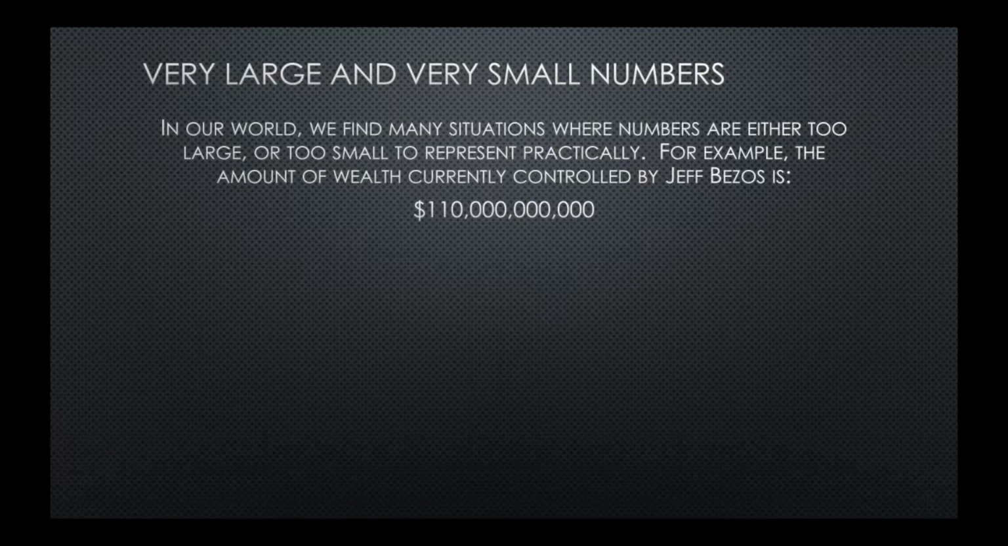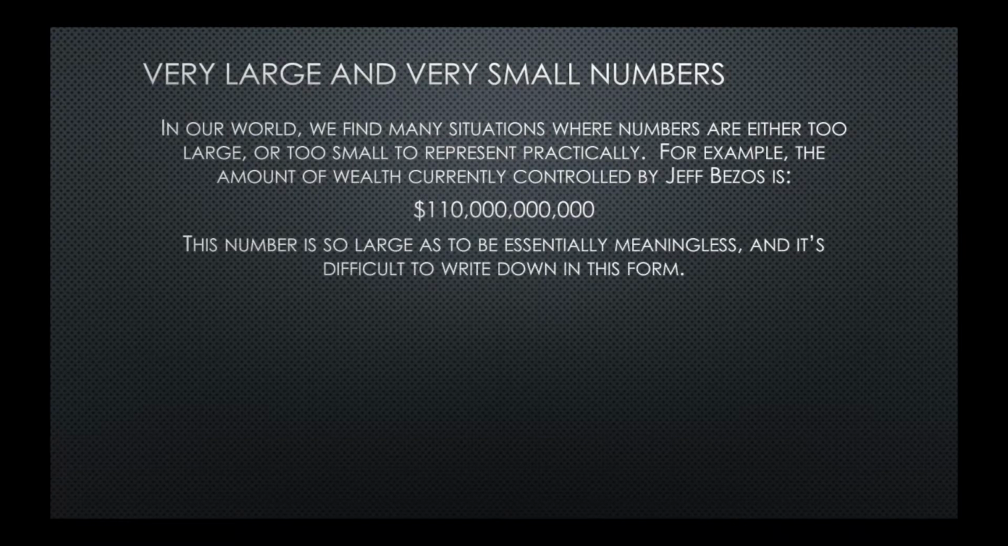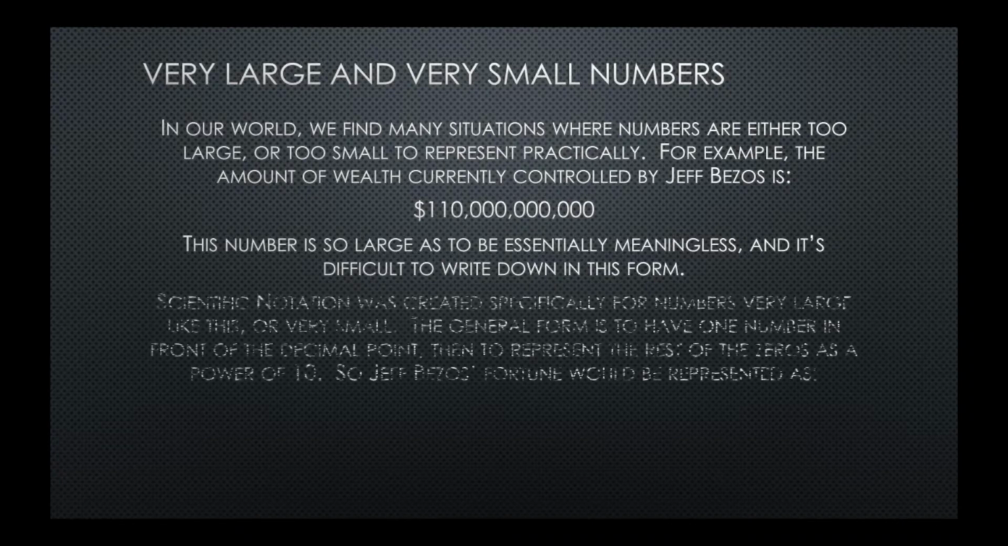It is ridiculous to write that out. There are so many zeros and it's so big. So we've come up with a way that we can shorten things when we have a very large number. The number is so big it's essentially meaningless, and it's very difficult to write down. It's easy to lose zeros. It's easy to not keep track of where your commas are. So we often come up with a new way of writing it, and that way of writing it is called